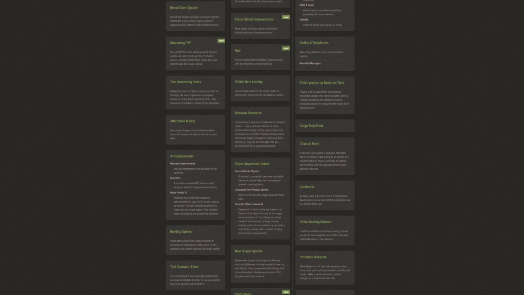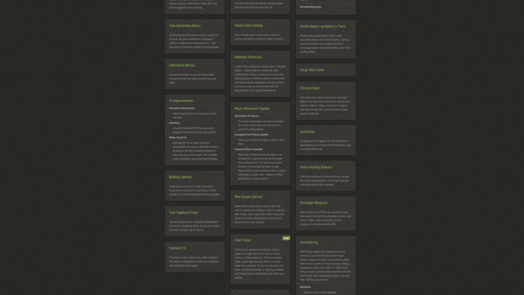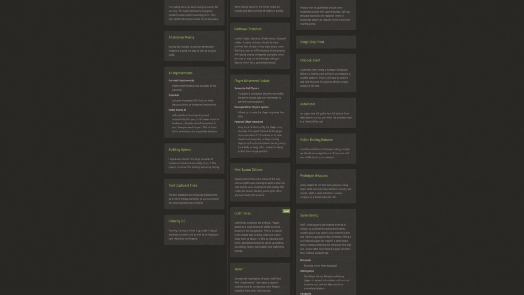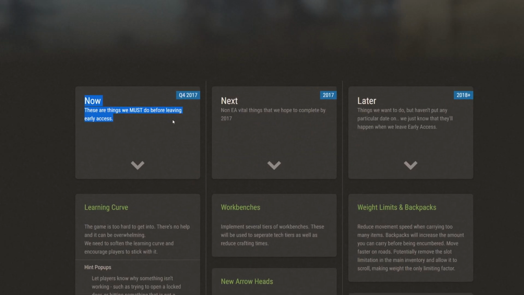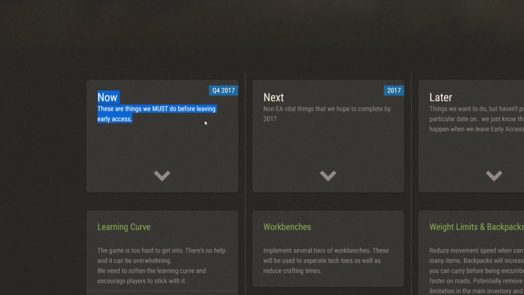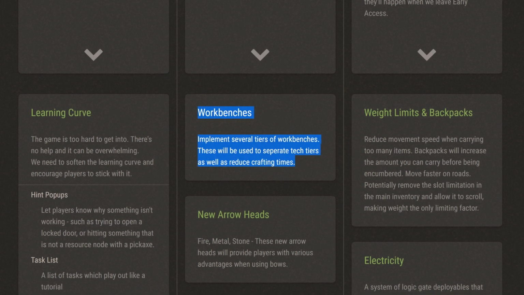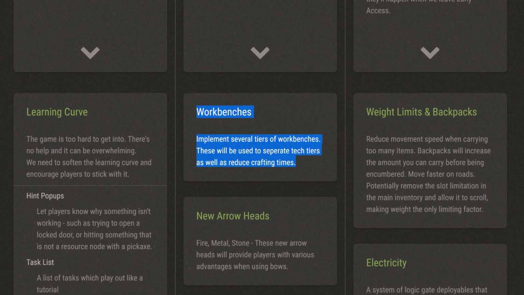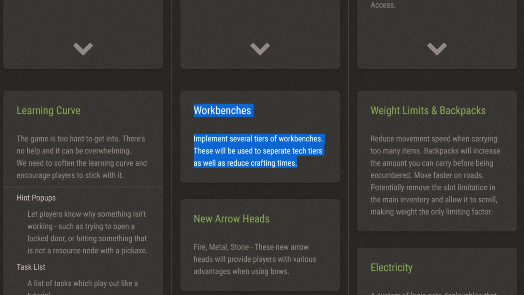Now, I'm planning a separate video to walk through this roadmap, give you my opinions, and add to it with my own massive list of suggestions, so look out for that very soon. But just to pick out some particular highlights, apart from the planned polishes to the game before it can leave early access, something slated to happen by the end of the year, different tiers of workbenches are still very much planned. This is something that we've not heard much of lately, but it's good to know that it's still on